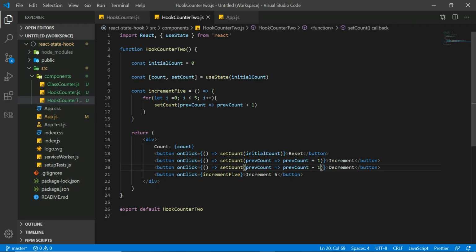So that is the second example. So whenever you need to update the state value based on the previous state value, pass a function as the argument to the state setter method.